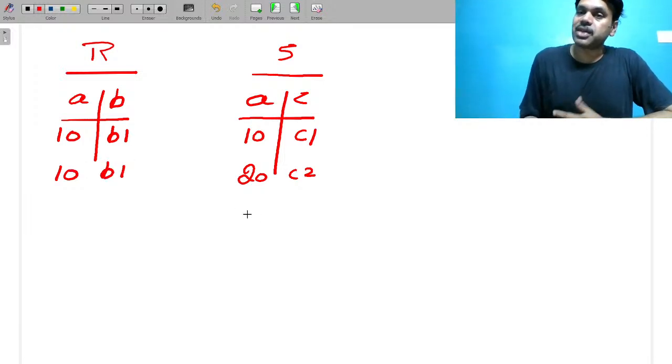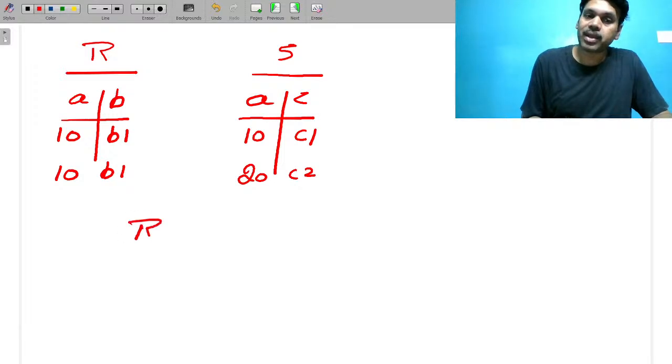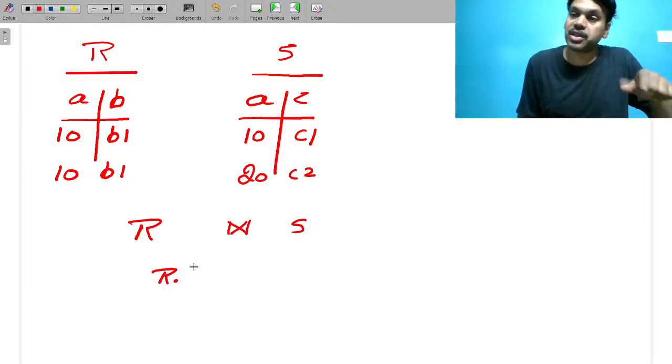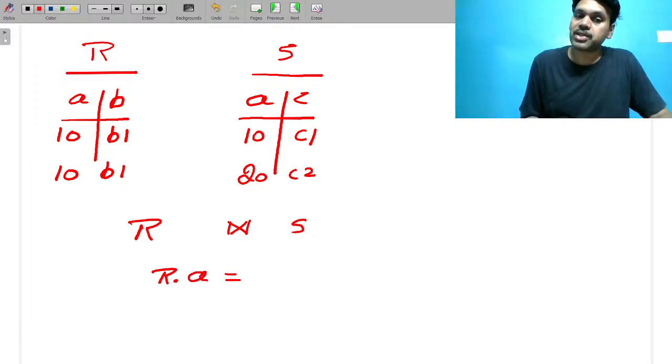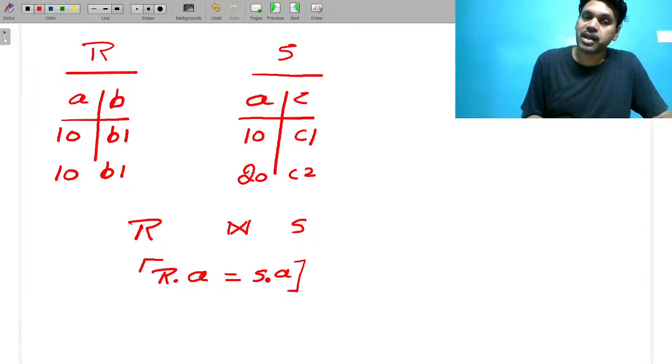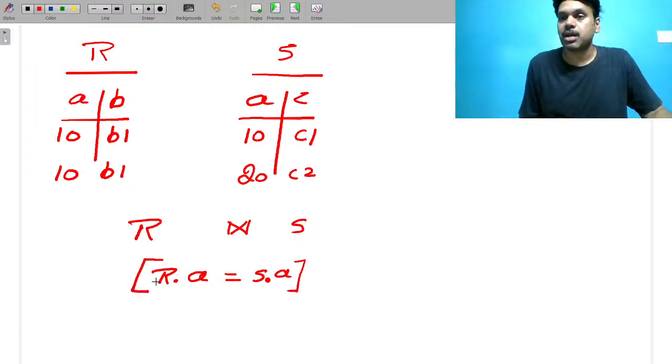Now I am asking a query. What is that? R join S with an equal condition, not a conditional join. I am using a condition with an equal operator. That's the meaning: R dot A is equal to S dot A. This is also one kind of condition, but the condition is based on common data on the particular specified